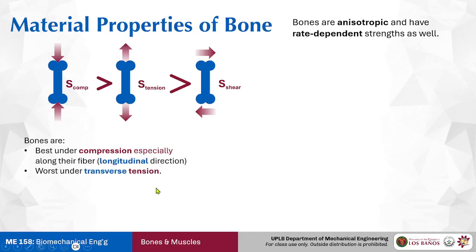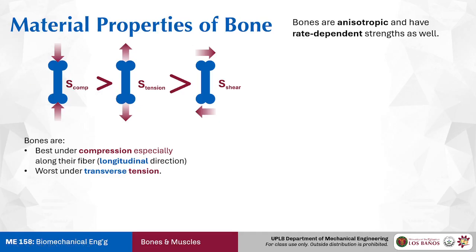Now, these are our bullet points, and what you notice is that there are two directional terms here. You have the longitudinal. The longitudinal direction refers to the axis parallel to the bone itself. So if it's a femur, the longitudinal direction is just where the bone is generally aligned. Well, the transverse direction is the perpendicular direction, which is technically any direction coming from the side. So the bone is actually very weak if it's impacted from the side, which kind of makes sense.